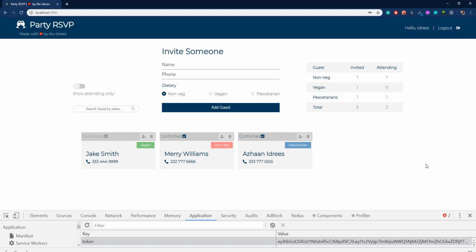Before doing that, I want to do one thing which I forgot to do in the last video. I was supposed to make this logout button work. So when we click this, I want to get rid of the token from our local storage, and also we want to